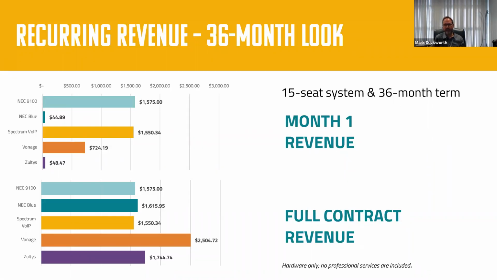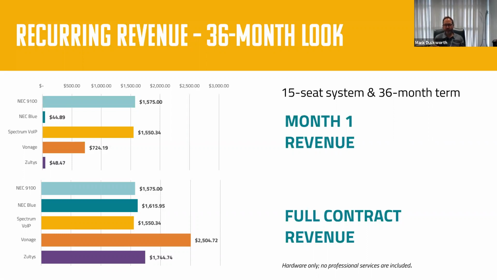Do you need to collect the money up front? Do you want to see that more in month one or year one? Or are you trying to build more of that annuity model, where you're worried about really getting to that point where you've got $10,000, $20,000 in monthly annuities coming in every month before you sell anything new, right?